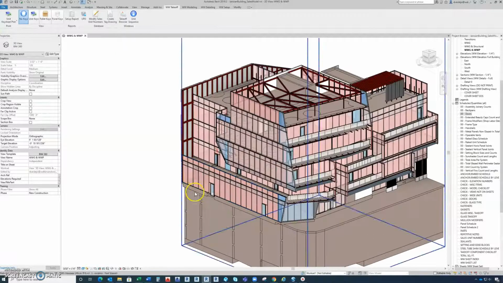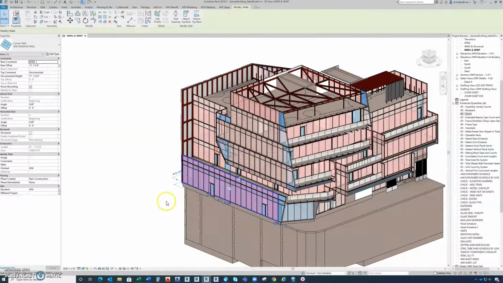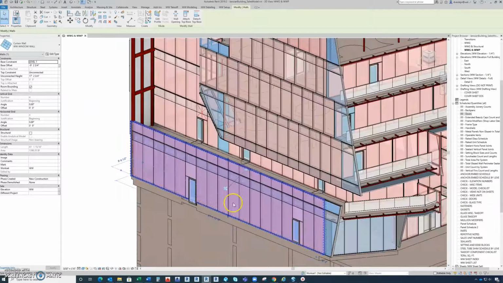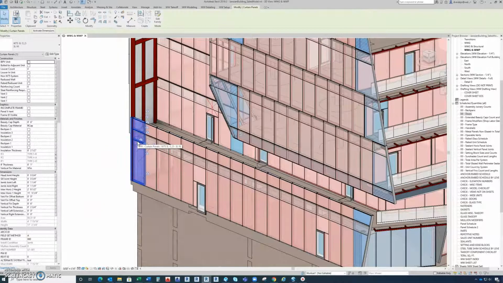So the way to assign that is basically if you have a wall like this, click on it, and this is a strip wall. Then you assign the designated elevation parameter for that. In this case, it's a WW parameter. And then what you want to double check is to make sure that your units also have that same